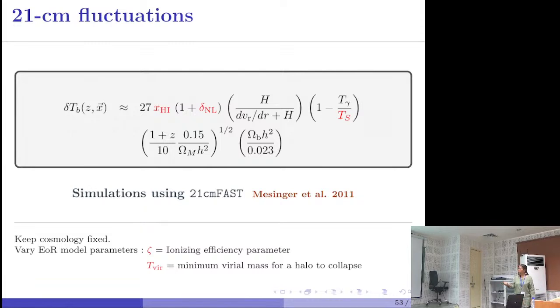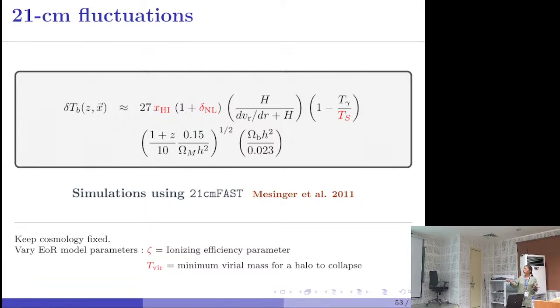Okay, so this is the expression for the 21 centimeter brightness temperature that we will use at different redshifts and at different physical locations in space. So you are all well aware that it has a fluctuation field. The properties come from the ionized fraction, then the underlying matter density field, and the spin temperature. These are the three quantities which change from location to location, and these properties are input